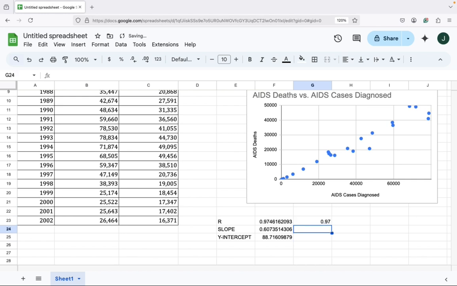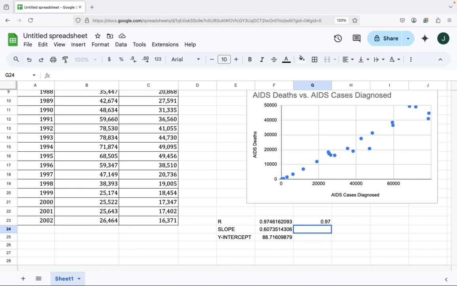Now for the slope and the y-intercept, I'm going to go ahead and round to 4 decimal places. Now for the slope and the y-intercept, we usually don't round. And the reason we don't round is because we use this model to make predictions, and we're going to be able to make a better prediction if we don't round our answer. Now, just for simplicity, I'm going to round to 4 decimal places.